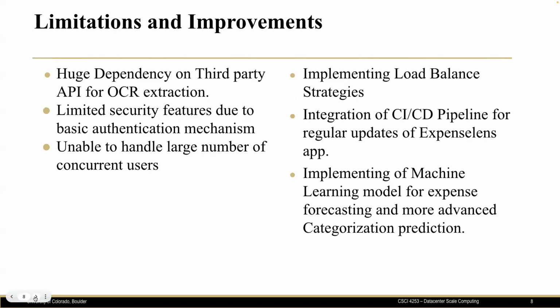For the next slide, talking about limitations and improvements, depending too much on an external OCR API poses a risk to our application, and the basic authentication mechanism is a security limitation, making our system more vulnerable. Handling a lot of users at once is also a challenge in itself, and to improve, I think we should reduce the reliance on external APIs, enhance security with better authentication, and work on making the application handle more